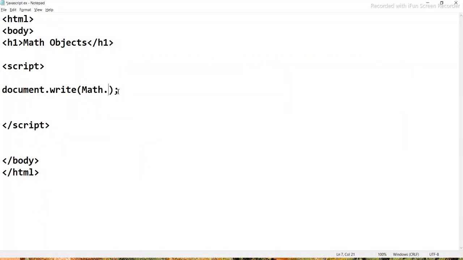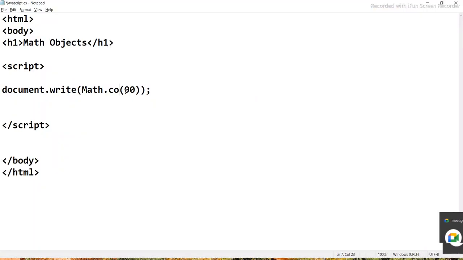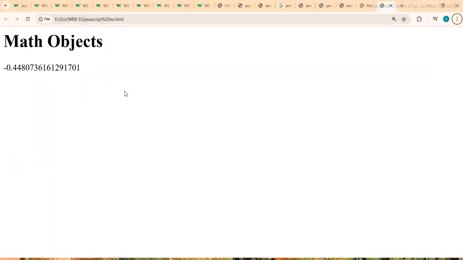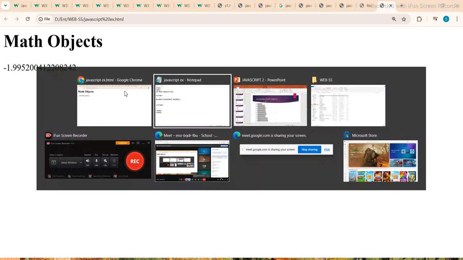We have seen already sin 90, then cos 90. So this is cos 90, and similarly you can see tan. I'm not sure of the values, you can check it out. Sin 90, tan 90, and then